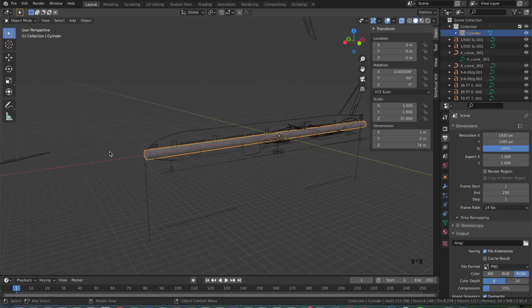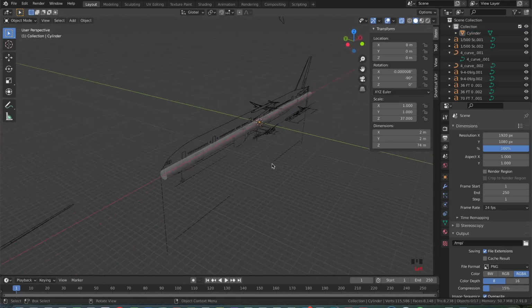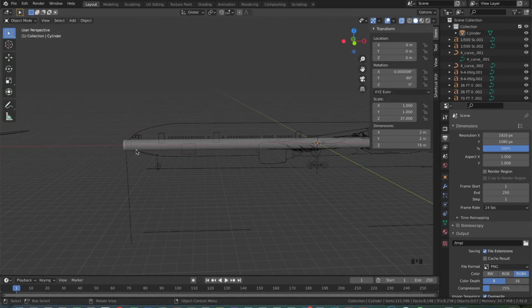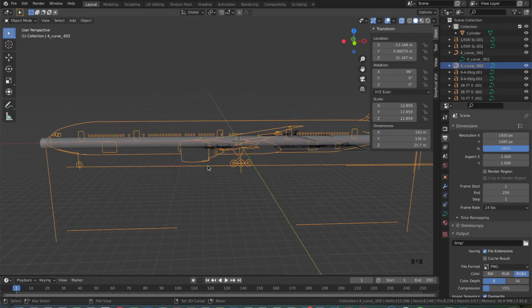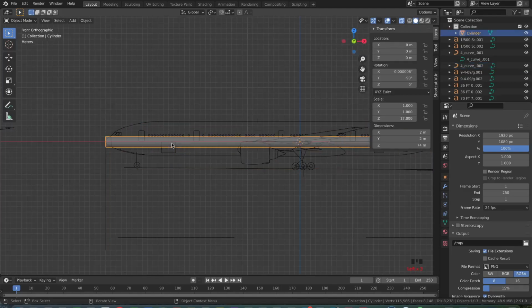Today's going to be pretty basic. We're not going to do anything different from the tutorials before. All we will do is model this cylinder to the blueprint, so it gets the shape. For that, all we have to do is click on the cylinder,